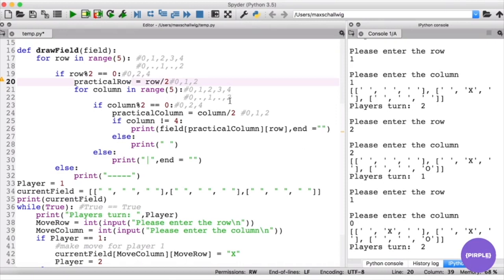And so we were able to create a nice kind of relation, drawing this out and really understanding what we need. And of course, we're lucky that we chose 0 to 5 rather than 1 to 6, because if we chose 1 to 6, then we would have to do some extra math. For example, we would have to subtract 1 away and then divide by 2 or so. I mean, it would all still be doable, but we would just have to figure out another way to get around it. Or, of course, we could rewrite our whole function, but we already wrote it, so we want to keep it. And now we figured out a nice way to actually get the practical column here and our practical